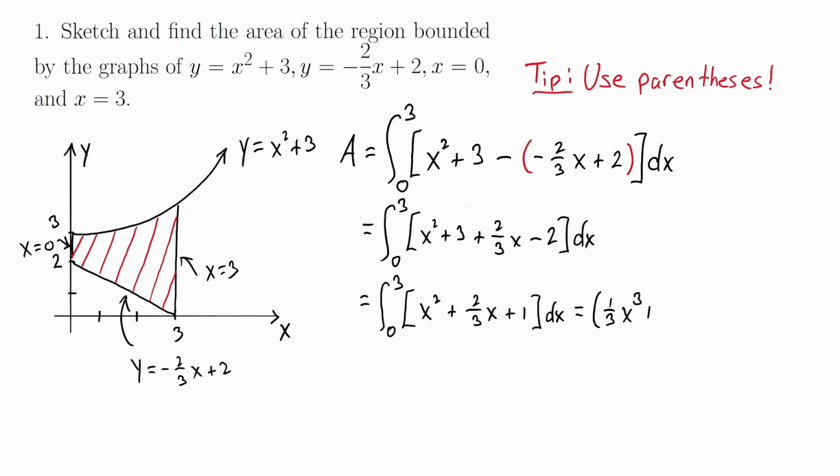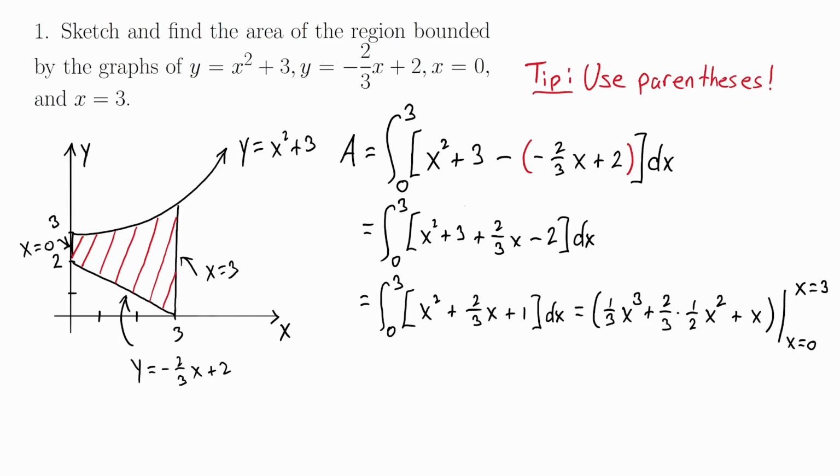x cubed. The next term, think of the 2/3 as a constant multiple, and we're going to look at x as being x to the first power. So the power rule would give us your antiderivative 1/2 x squared. And be careful with your antiderivative for 1, that would become x. And the last step, we're going to evaluate that from x equals 0 to x equals 3 with the fundamental